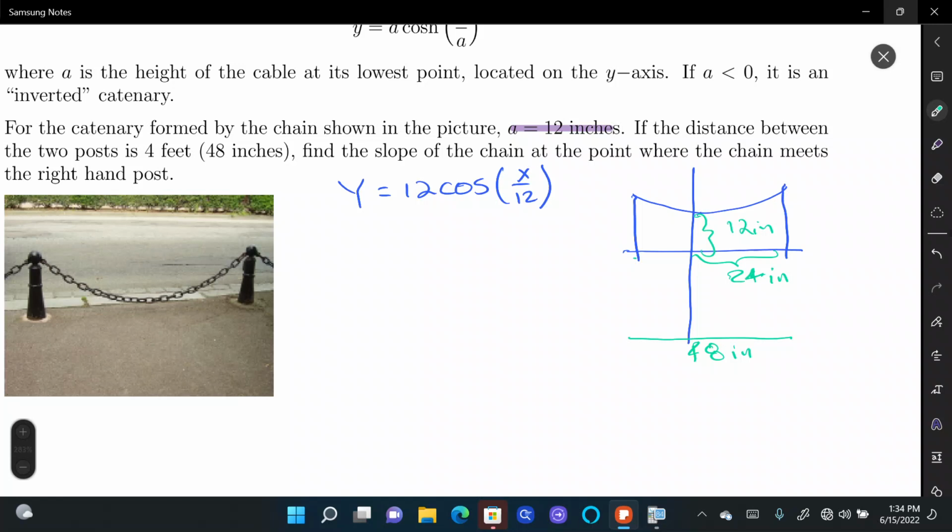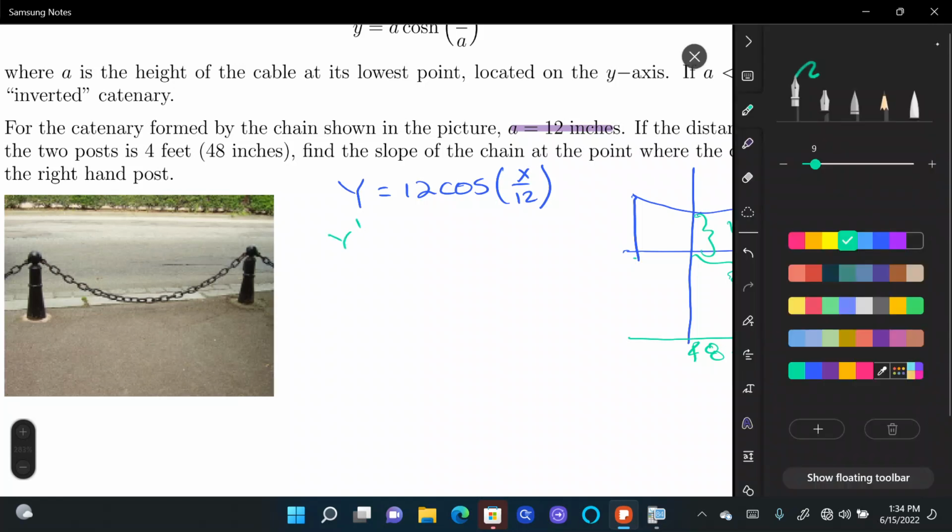So which calculus operator gives us the slope, by the way? The derivative. So let's find the derivative. y prime equals 12 sinh